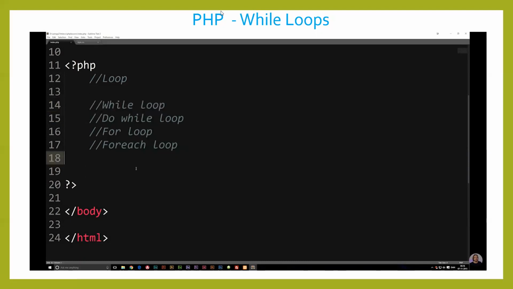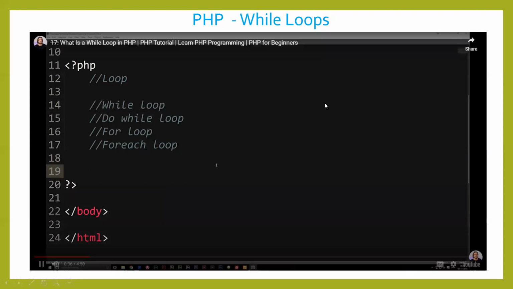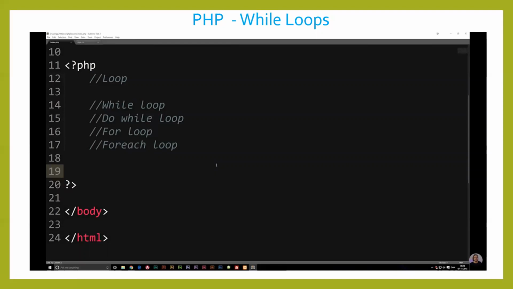Now, the basic idea behind a loop is that, well, let's look at it this way. If we have an if statement, we're basically checking if a certain condition is true, and then we're doing something on the screen, like, for example, writing out hello in an echo. Now, a loop is going to keep spitting out information and repeatedly spit out information as long as a condition is true. So to give you guys an example, let's actually go ahead and write out a while loop down